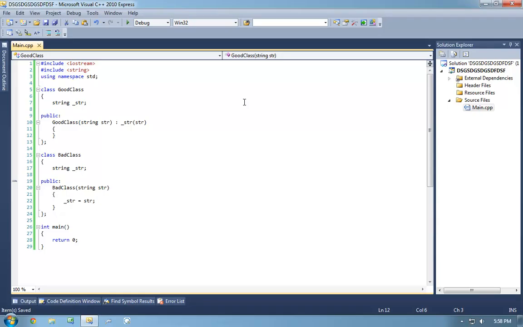The reason why this class is better than this class is that in bad class, what happens is the string gets initialized to its default value, and then it gets copied or assigned to another string. So these are two operations. The first one is that the string class gets initialized. The second one is that it gets assigned to. The good class, however, passes in what would inevitably be assigned to it via the constructor. And as a result, the good class will be slightly more performant.